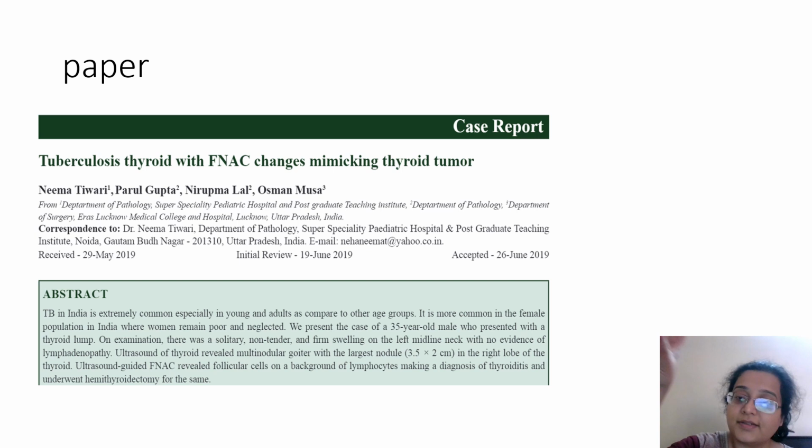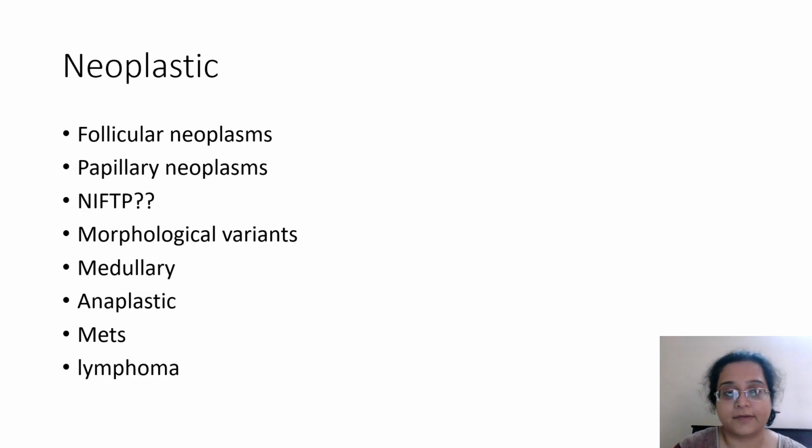In one of the septa, there was a granuloma. So you could say, why can't it be de Quervain's? It was not de Quervain's because we got AFB also. So this was a rare finding, but on radiology, this was looking like a malignancy. So that is why I say that you should not do any sort of intervention in the thyroid before you do the radiology, because radiology will get confused about what the thing is.